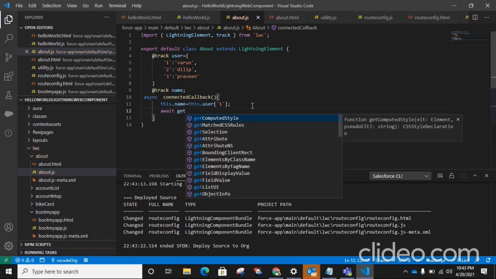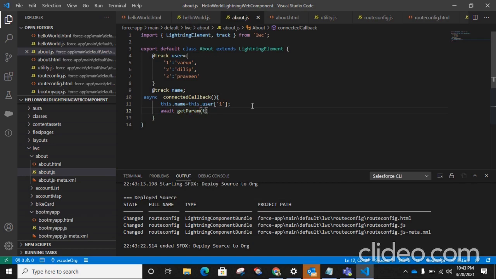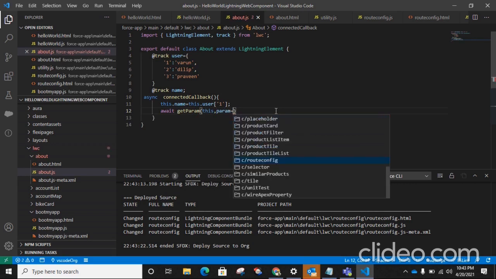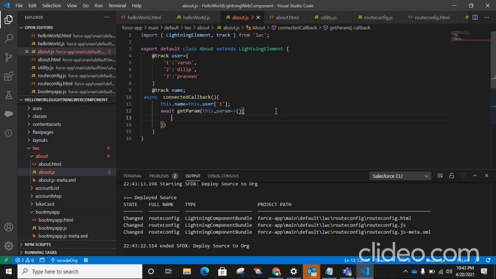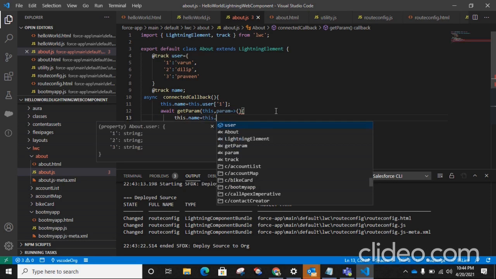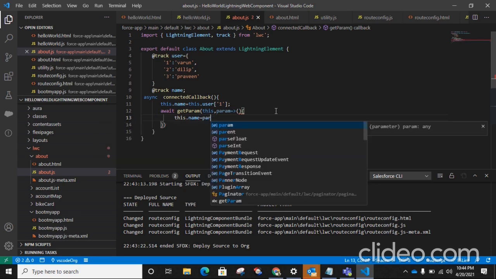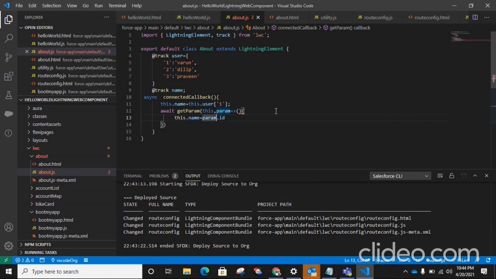Now I am going to use the getParam method of LWC router. Then param.id, this.user, param.id.